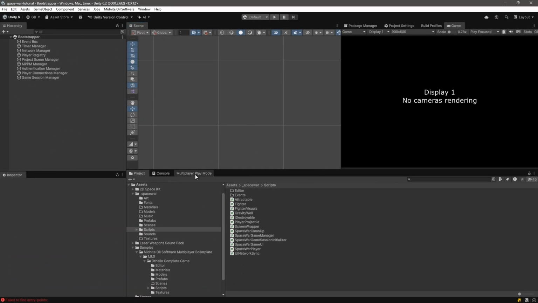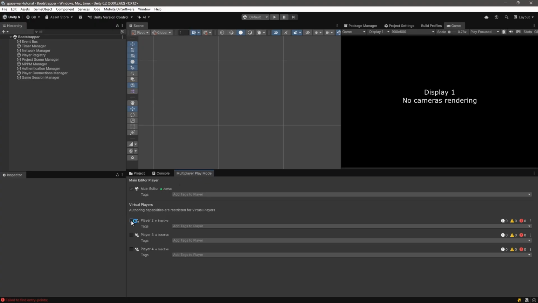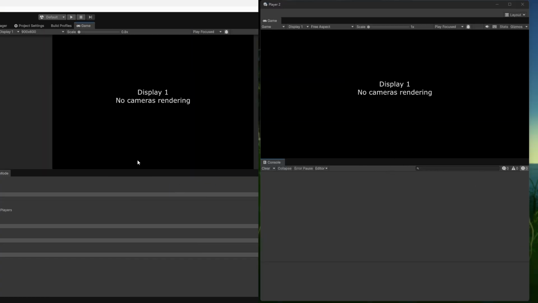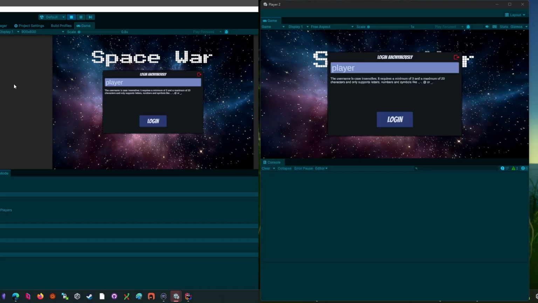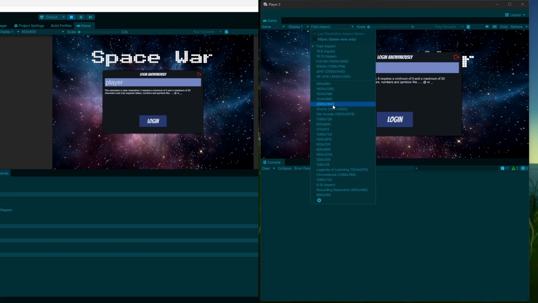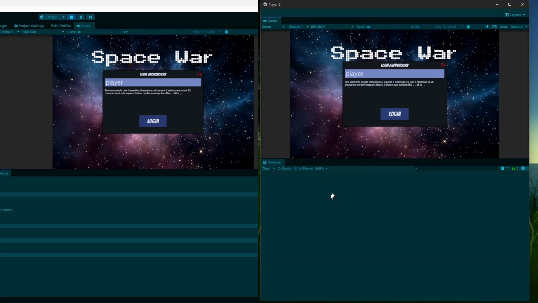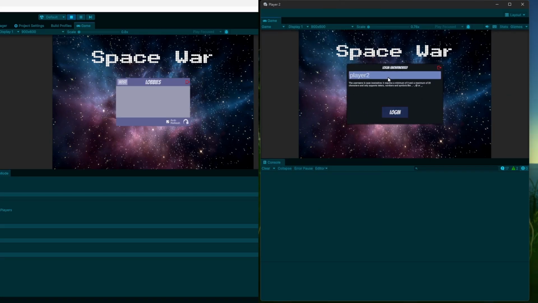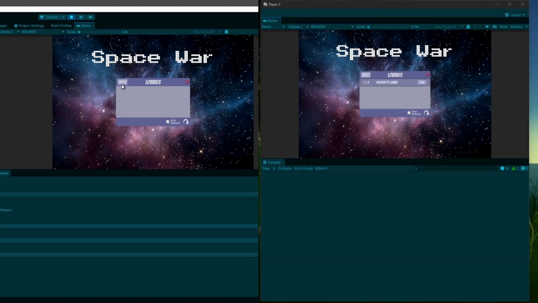So let's go into multiplayer play mode. Go ahead and activate that virtual player. Switch over to my multiplayer play mode view so you can see both sessions. And let's click play and see what happens. Okay, so the menu came up on both screens. I think that is very interesting. We want this to be 900 by 600. Oops. There we go. Player 1, player 2, host,